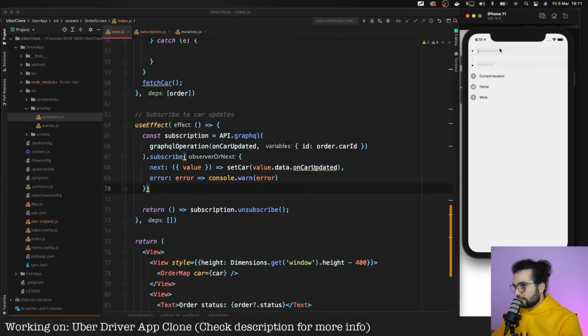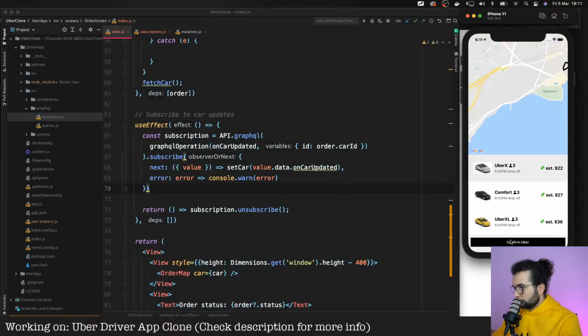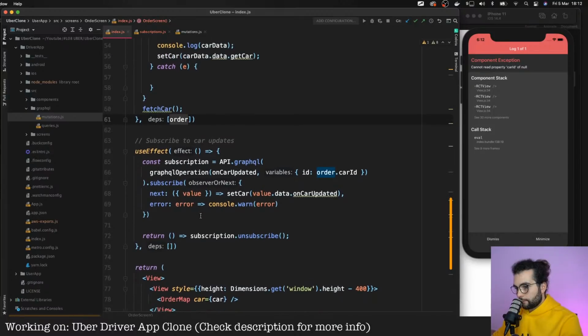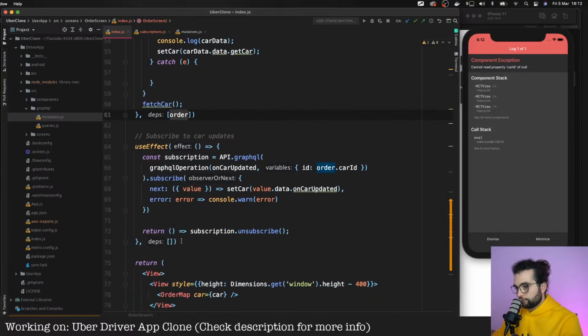So let's test it with Amplify from the console. Confirm. Cannot read property car ID. Okay, here. We're gonna do the same thing here.